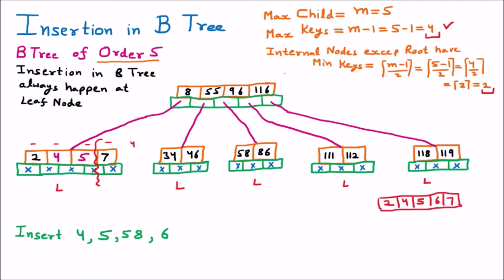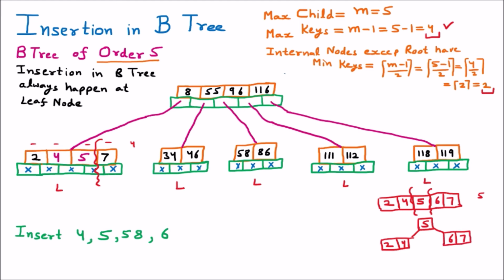Here afterward we have to see that this is not following the criteria, because there the number of keys is 5 and the keys allowed are 4. So we are going to break from the middle, and from the middle it will become the root. Root means the parent, so 5 is becoming the parent, and on the left hand side 2 and 4 will come. So this is the left subtree, and talking about the right hand side, 6 and 7 will come. So this is how we are going to modify the tree.